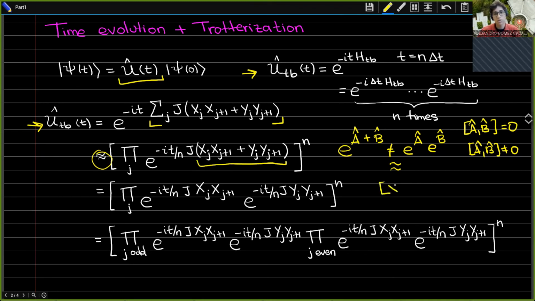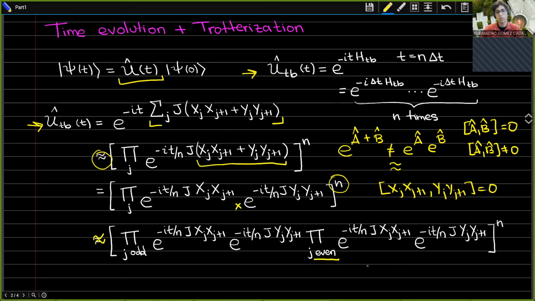And the reason for that is that the commutator between the x product and the y product is 0. So we can split again the exponential of the sum into the product of the exponentials, and we keep the exponent here. So we have to multiply this time evolution operator at the time step n times. And as a final simplification, which is actually an approximation, we can apply first all the even